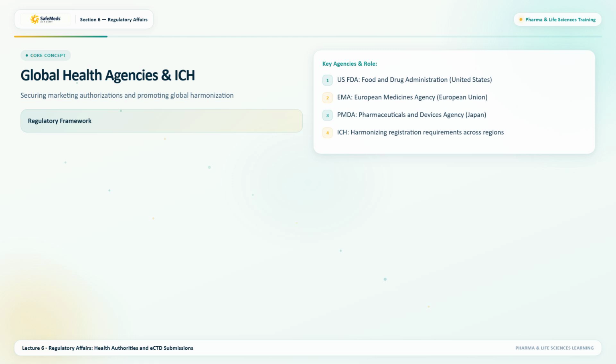Key health authorities include the United States Food and Drug Administration, the European Medicines Agency, and the Pharmaceuticals and Medical Devices Agency in Japan. Historically, differences in regional requirements force sponsors to compile separate dossiers for each territory, causing registration delays. The ICH harmonized these requirements by establishing the Common Technical Document Format and unified guidelines for quality, safety, and efficacy. Understanding how to navigate global health authority structures and utilizing the ICH guidelines is essential for regulatory professionals designing